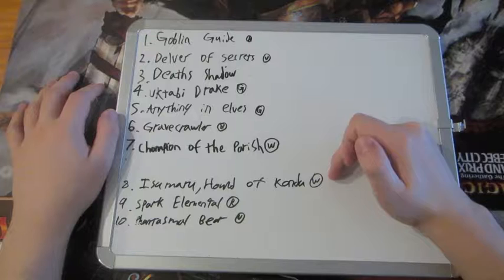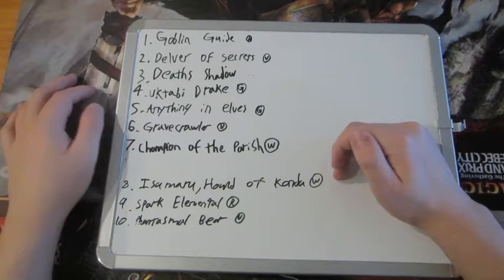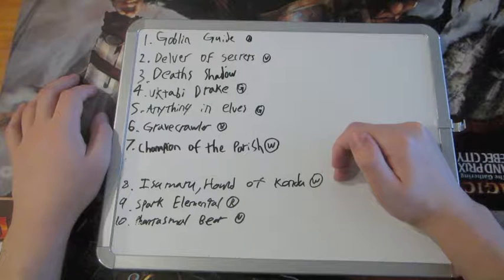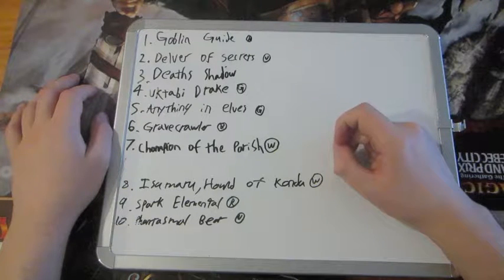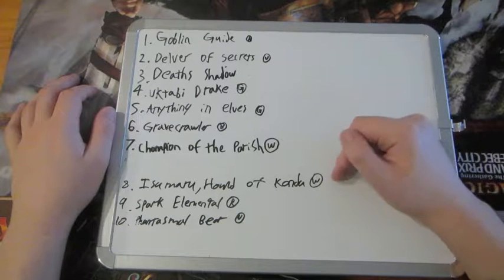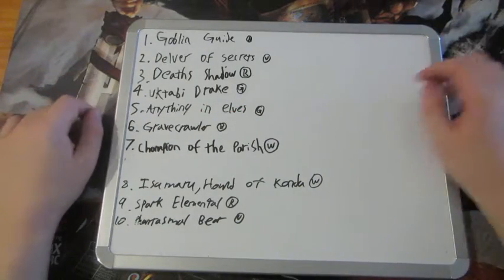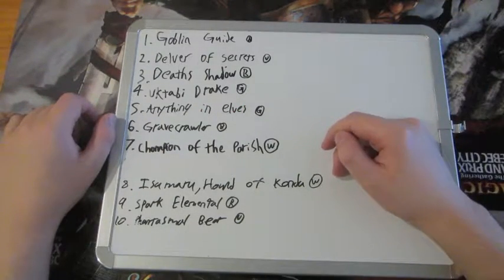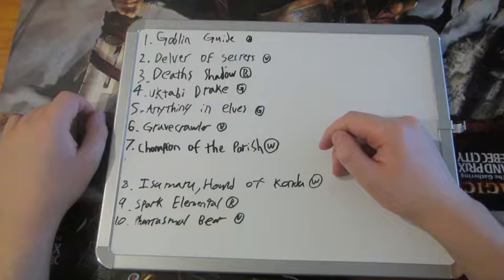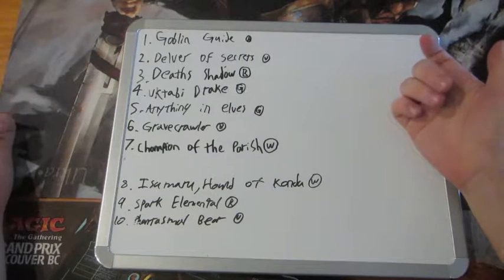Number 8, it's a very plain 1-drop, but it's a 2/2 for 1. Isamaru, Hound of Konda. Doesn't see much modern play, if any. It does see some commander play though. It is a very favored commander. I just put it here because as 1-drops in white go, Isamaru is quite solid, because it's just a vanilla 2/2 for 1. I mean,